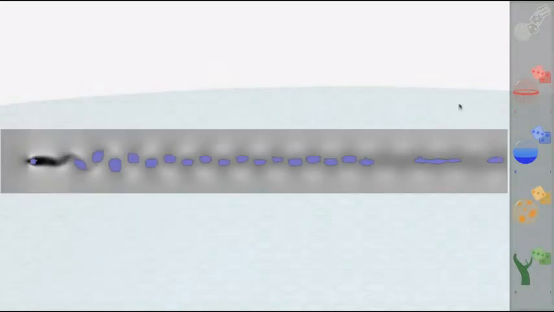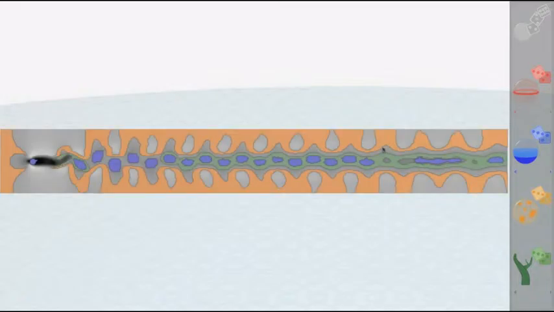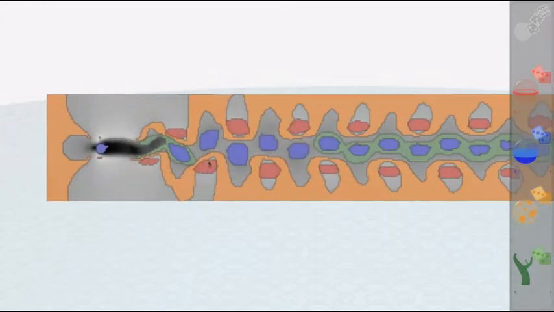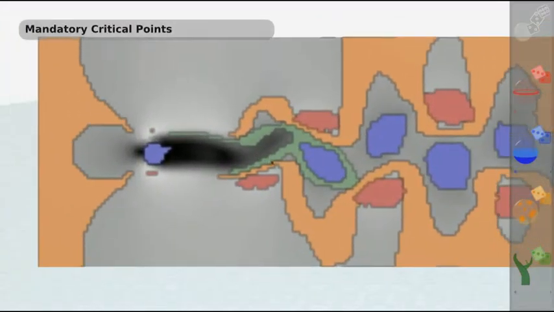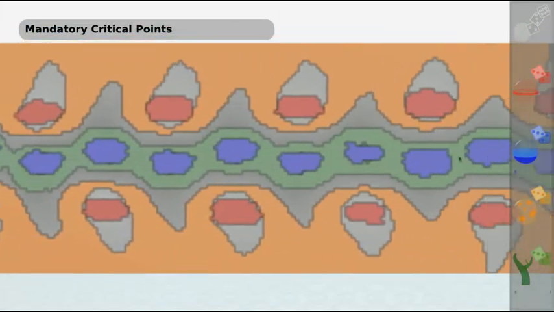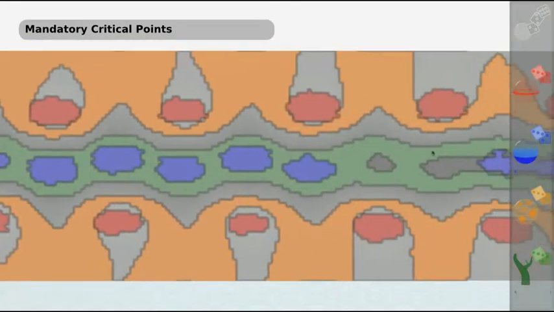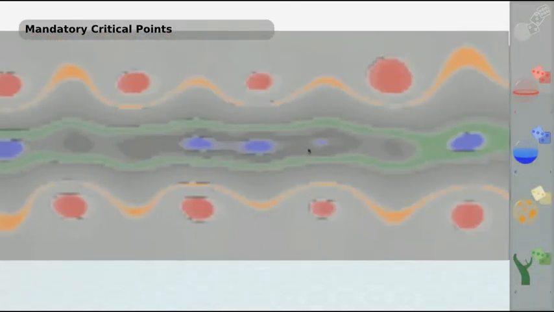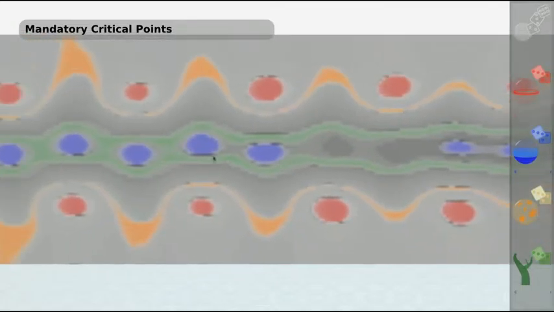In this work, we introduce new algorithms to extract the common topological denominator of all possible realizations of the input uncertain data. In particular, our algorithm extracts mandatory critical points, defined by a region of the domain and a function interval. For each of these, at least one critical point has to happen in any realization created from the input